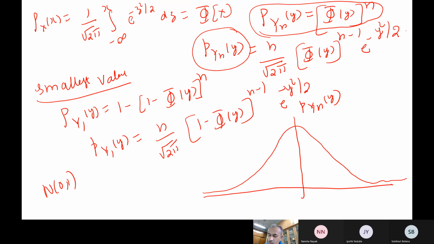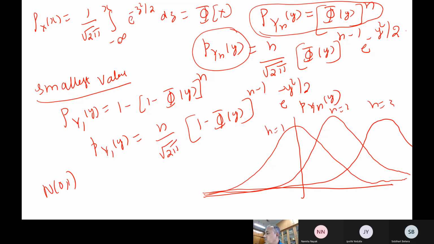Now when n is equal to two samples, more things are happening. You will see the distribution shifts like this. So this may be n is equal to 1, n is equal to 2, then n is equal to 3. What is happening is as the sample size increases, automatically the probability of observing the extreme values will be very high, and things go towards the right hand side.